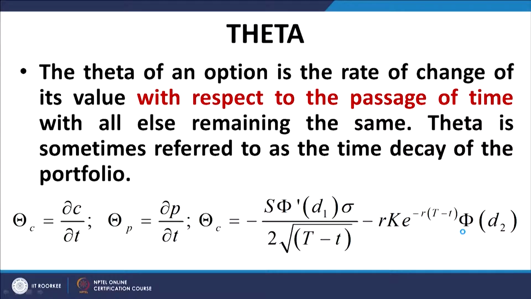Theta is basically the partial derivative of the call price with respect to the passage of time. It is usually a negative number. In other words, as time passes, the call option becomes less and less valuable. It reduces in value, its value gets amortized, and as a result, theta is a negative quantity. And this negative quantity has a maximum negative value for at the money call options.